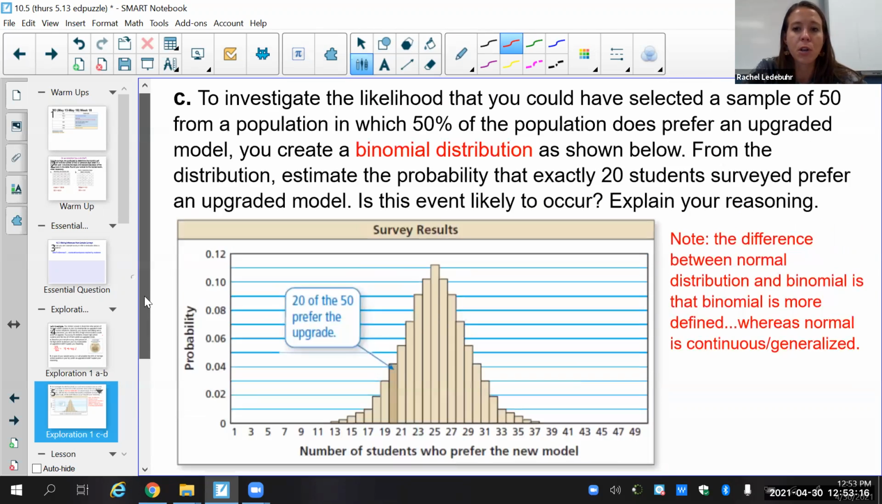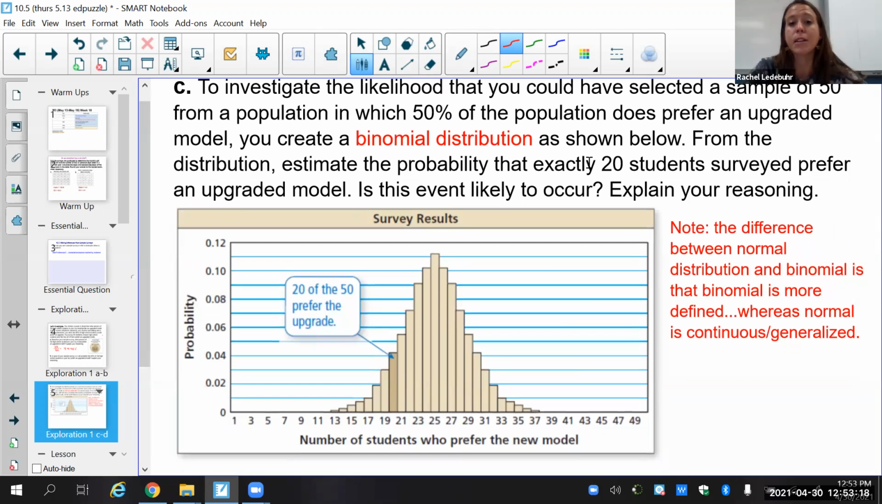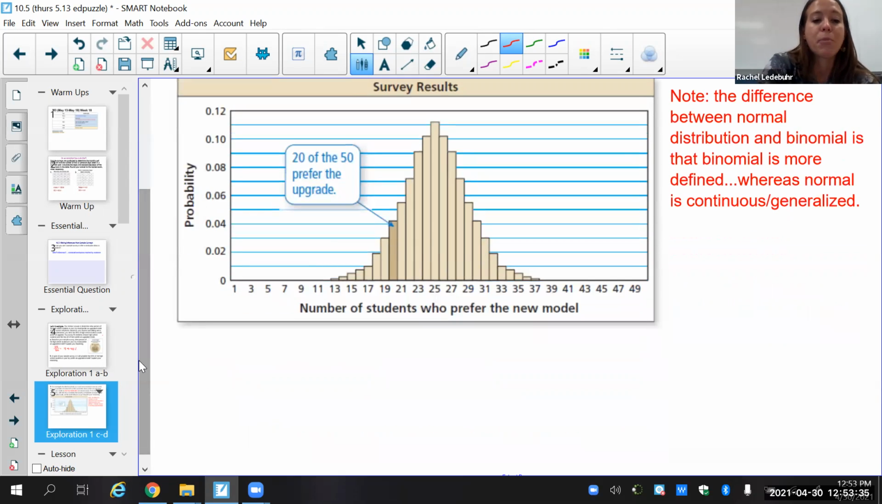Okay. So we estimate the probability that exactly 20 of the 50 prefer an upgraded model, right? And we want to see if this is likely to occur. Well, if you look at where this happens, it's just above the 0.04. I'm going to say it's at 0.042. So my probability,